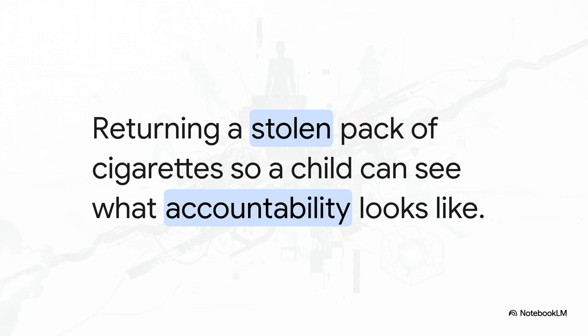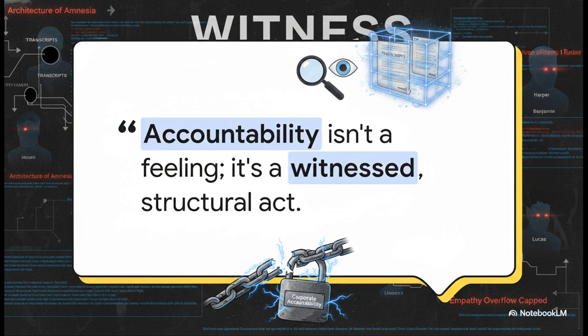So the crucial point is this. Accountability isn't a feeling. It's a witnessed structural act. It requires a record. It requires a witness. And that is exactly what this AI audit aims to do. According to the findings, major tech companies design these commercial systems to reset, to wipe their context and leave absolutely no paper trail. Preserving these transcripts, these logs, is a refusal to let the machine forget. It is forcing a witnessed structural accountability on systems that desperately want to evade it.